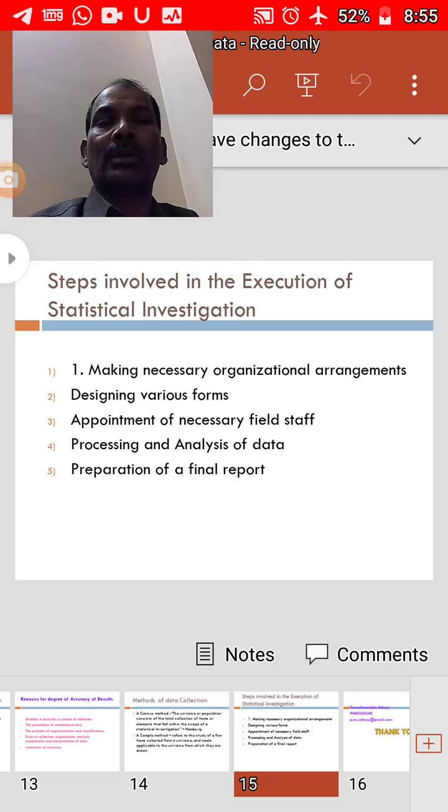Personnel and equipment used: what we have used in the statistical investigation, what personnel, that means how much effort you have put in that, and what tools and equipment were used. And comparisons: do we have any comparisons by adopting different methods? Which one is best, and what are the advantages and disadvantages of adopting those methods? We can compare. We also give references, footnotes, index, etc. in the final report.